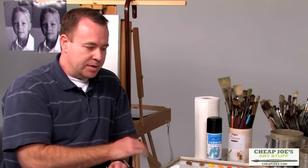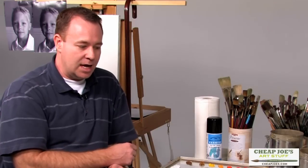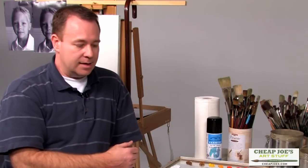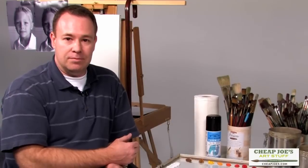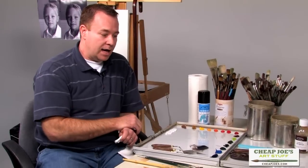If you've never tried out any of these products, I would just give them a try and see if they work for you. Sometimes they'll work for you, sometimes they won't. But these are products that I've used for many years that I've found over and over again, time and time again, have consistently produced great results. And really that's what I'm after, are great results, as you are too, I'm sure, when you're working on your artwork. And if you want great results, then use some great products. And in each one of these, I would highly recommend